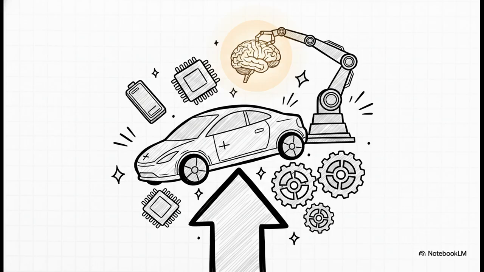Smith's labor and demand theories perfectly explain modern job markets. If you want a higher salary, you need to go where demand heavily outstrips supply, and where the division of labor is deepening. Look at the electric vehicle industry or artificial intelligence. These fields are expanding so rapidly and breaking into hundreds of highly specialized roles. You've got algorithm engineers, data annotators, battery specialists. Because the market desperately needs these specific skills, the wages are naturally higher than in traditional, shrinking industries where pretty much anyone can do the job.